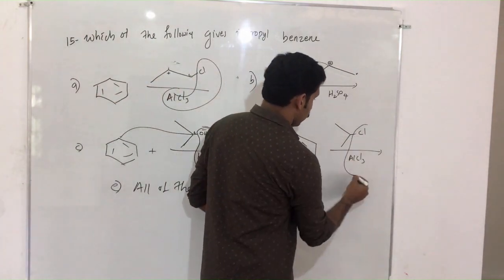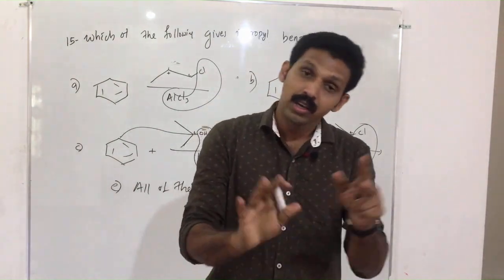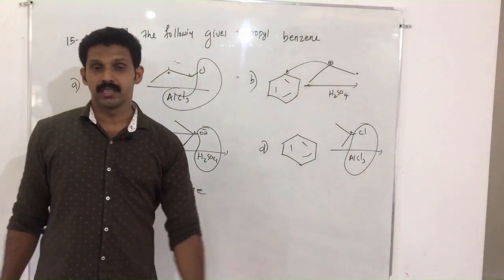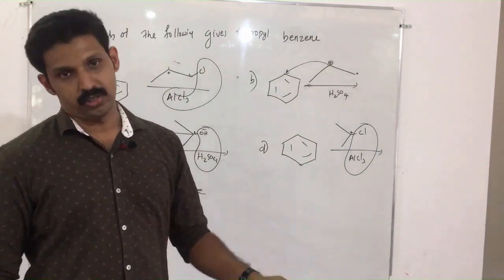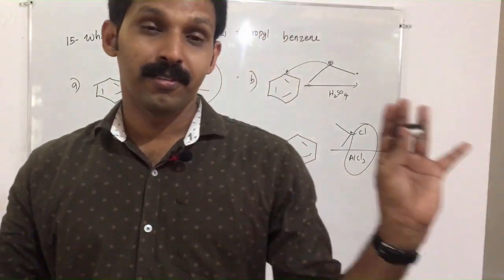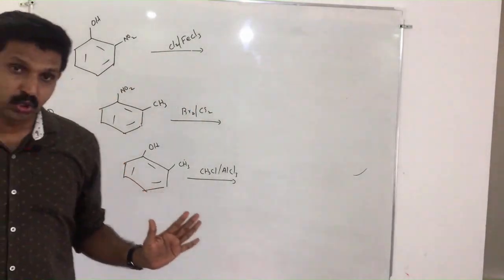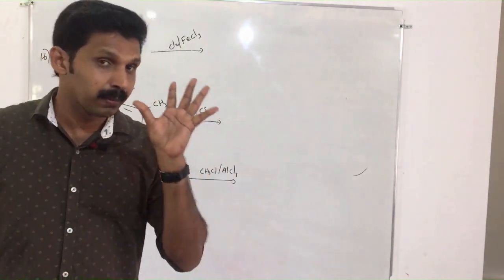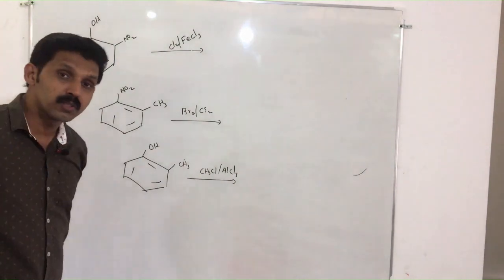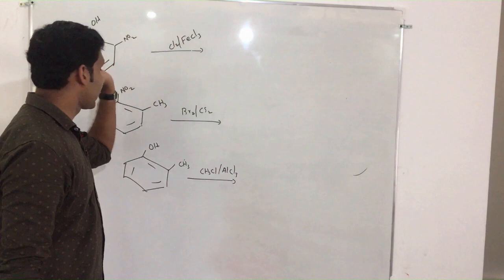With AlCl3, Cl minus will be removed from here. Plus charge is there. It attacks the benzene ring. You will get isopropyl benzene. So the answer is, all of this is the answer for this question. On looking at this example itself, you will get a clear picture of Friedel-Crafts alkylation. These are the questions for the third substitution of the electrophile on the benzene ring. Already two groups are there. In which position does the third group have to go? That is what these questions are about, right?